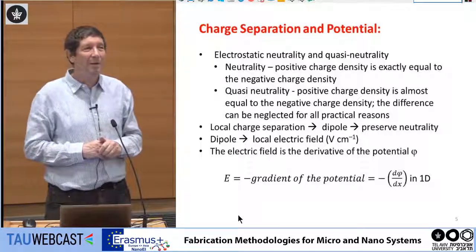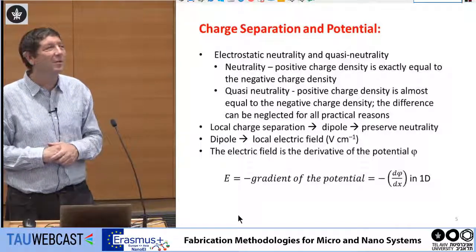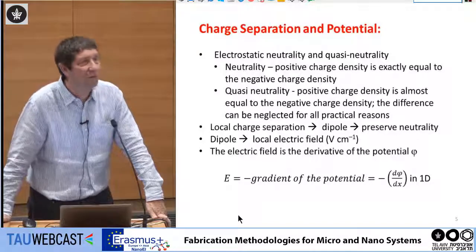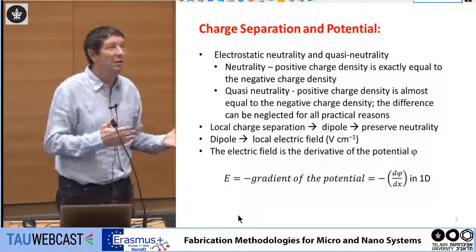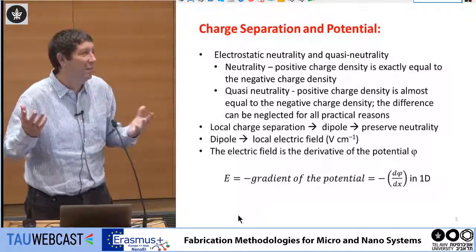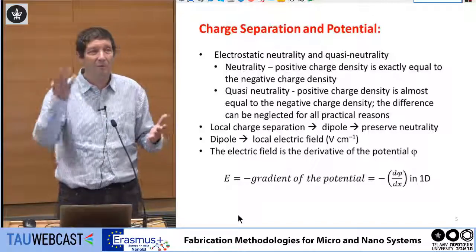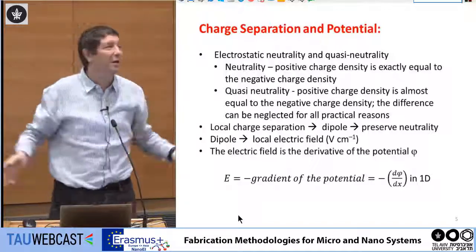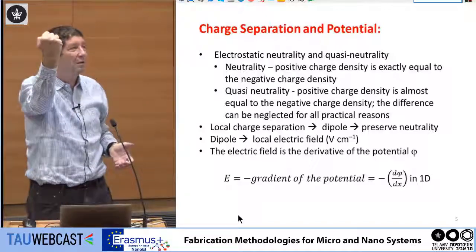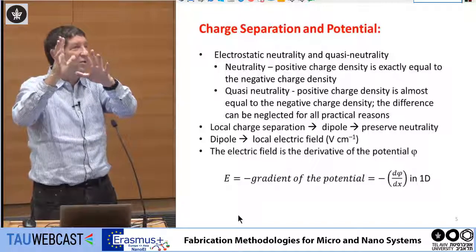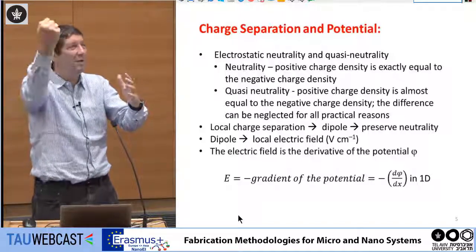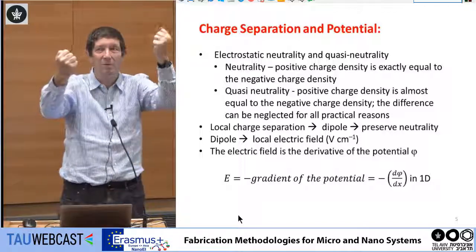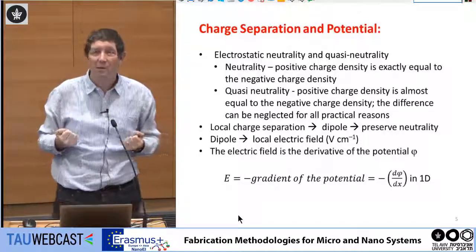Now, in many cases in life, we are dealing with quasi-neutrality. We all studied semiconductor physics. In semiconductor physics, we have electrons and we have donors. For example, in an N-type semiconductor, we have donors and electrons. The donor gives the electron. The electron is traveling everywhere. The donor is fixed. On average, the number of electrons is equal to the number of donors. So on average, the positive charge of the donor is equal to the negative charge of the